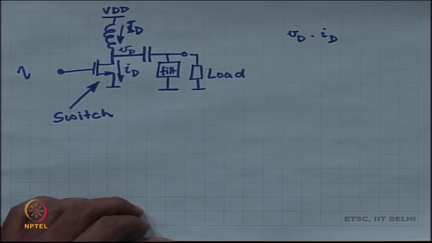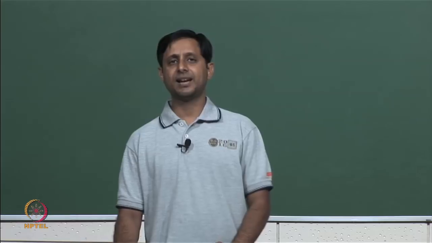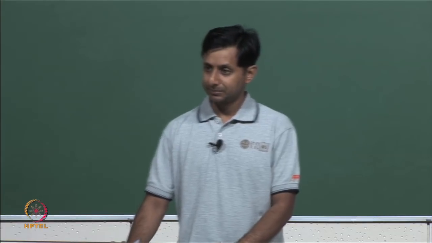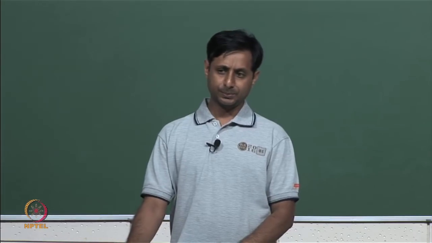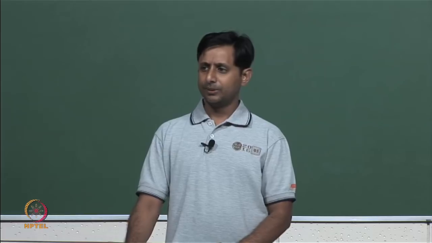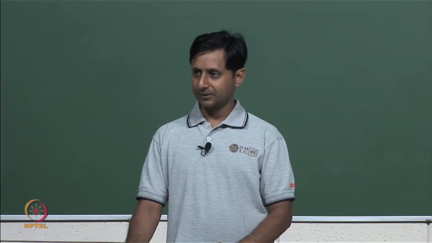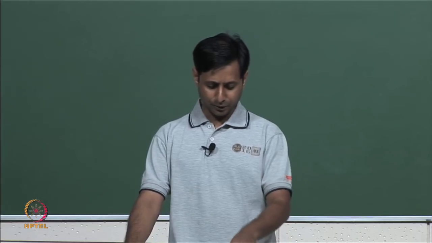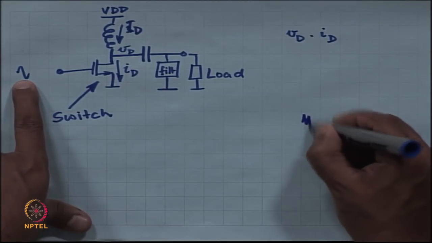Class D amplifiers are very hard to make, right. The theoretical efficiency of the class D amplifier is 100%. However, in a lot of audio systems, we find that the class D amplifier is quite popular because of its efficiency. So, what you do is, at the input over here, instead of applying the actual audio signal, which looks like this,